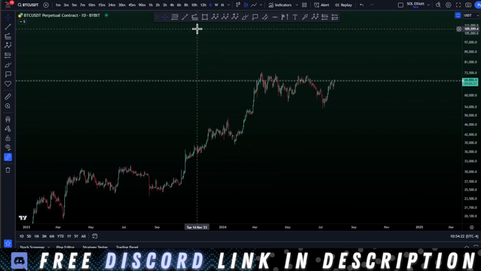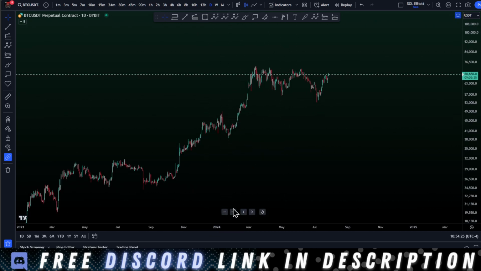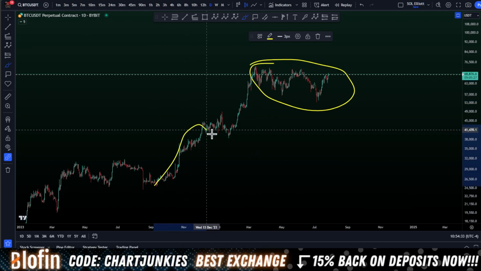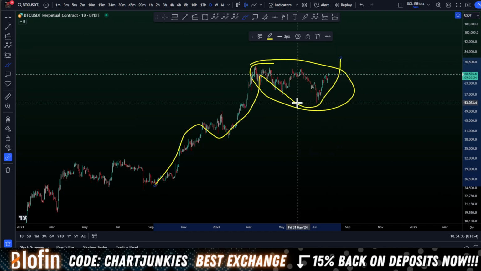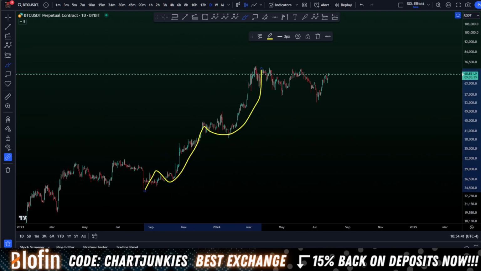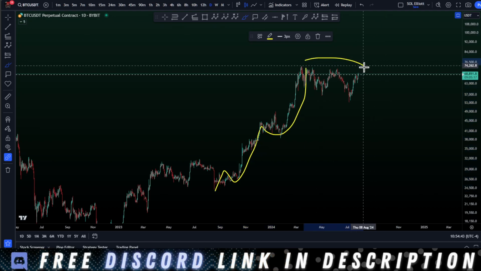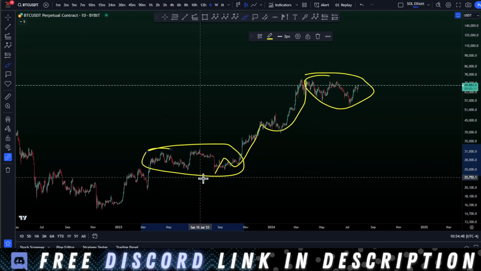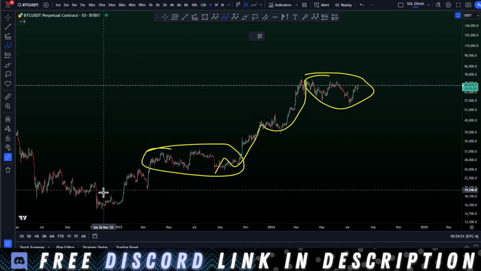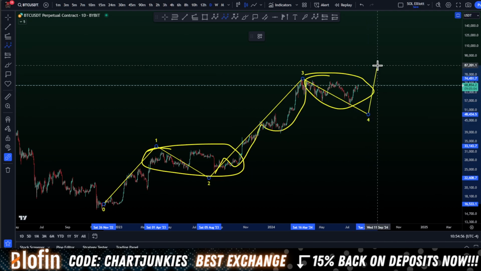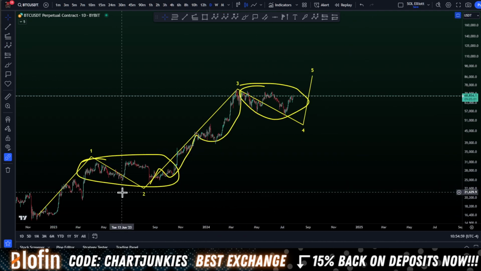So what's the wildcard count? Well, the wildcard count is crazy. It's saying that instead of a wave 4 right here, 1 2 3 4 5, we already have our 1 2 3 4 5 put in here, and it's our wave 4 of this more massive structure. Here's our wave 2, here's our wave 4. So overall, 1 2 3, we're still in wave 4, 5.